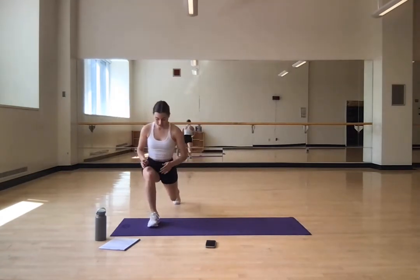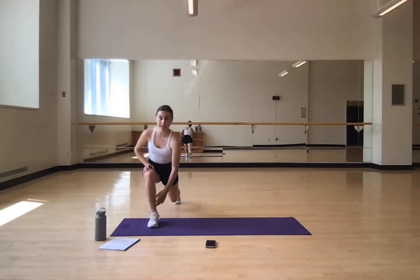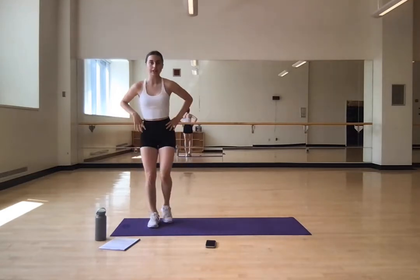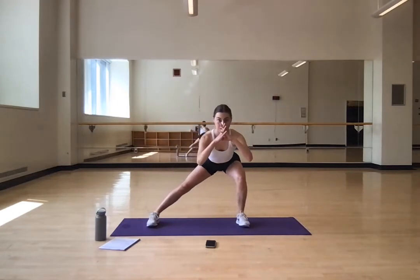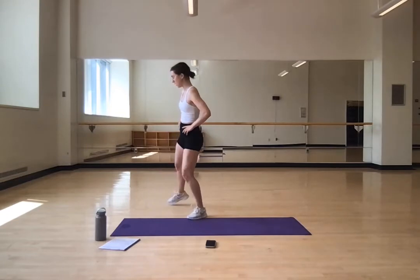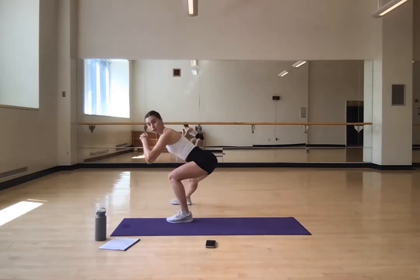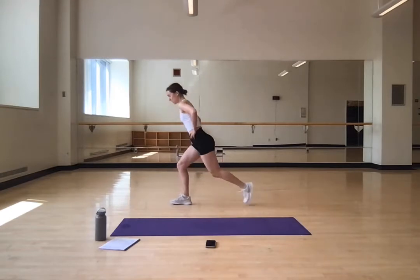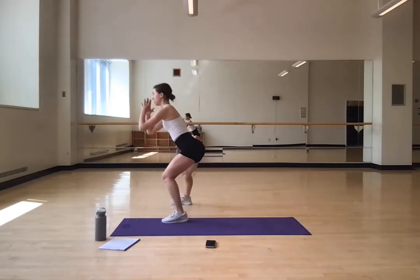Making sure in your back lunge that your knee is staying right over your heel. So you don't want to be forward and your knee goes over your toe. You're sitting back in both of your lunges. You're sitting back into a chair in your side lunge. I'll show you what it looks like from the side here. We're sitting back super far and then staying right over that heel. Pushing